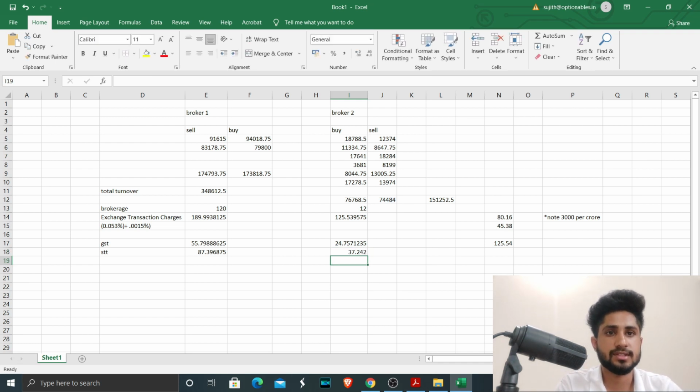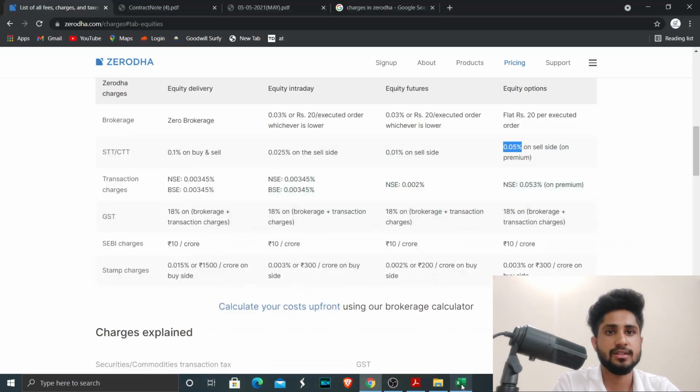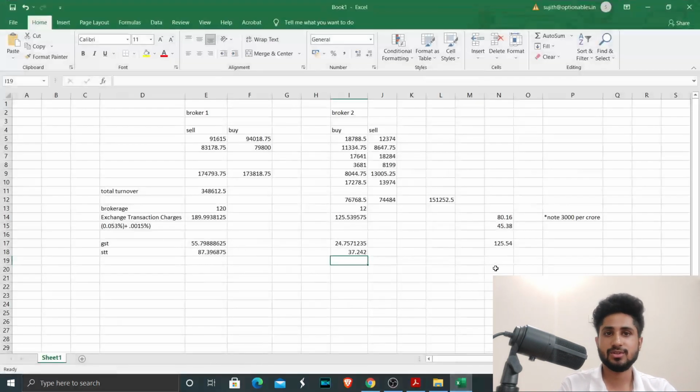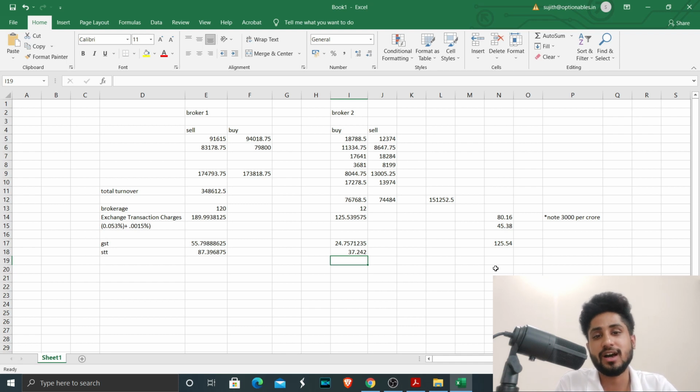So this is the thing. So 37.242 is the STT. So I think that is the thing. Yes, so STT. So this is the main thing we have to look into. I hope you have analyzed what charges they have taken, and you have understood how they can extract extra money or extra charges from you. So before going forward with any broker, ask them these details so that you will be aware of what you're taking, because profit everyone will make, but keeping those profits with us is the major part,